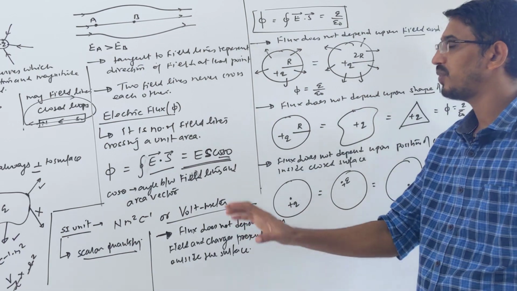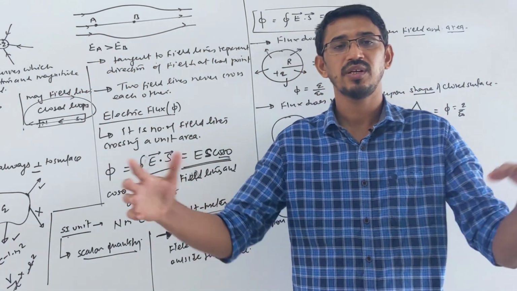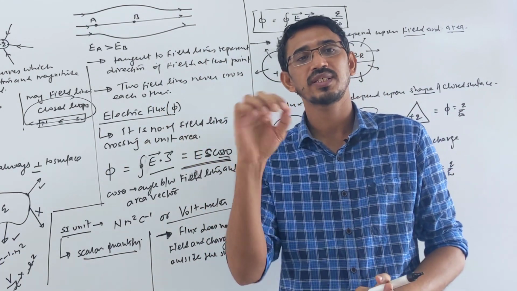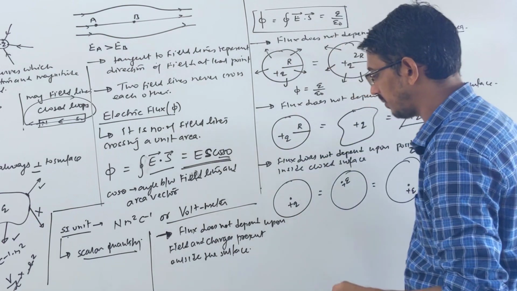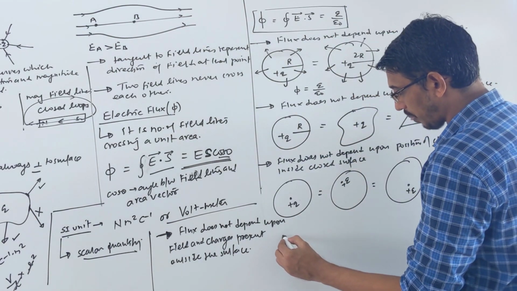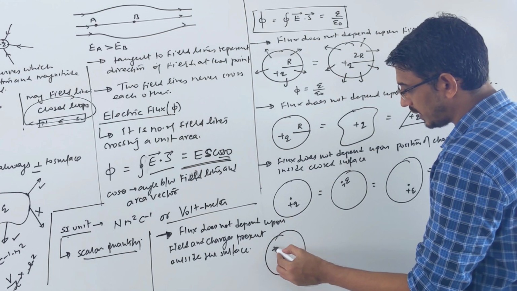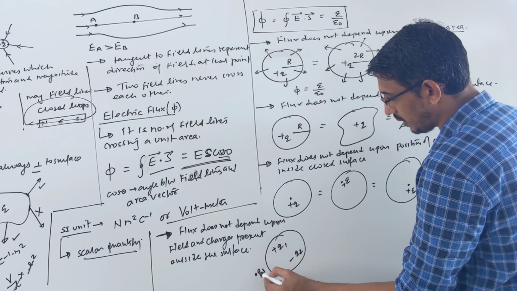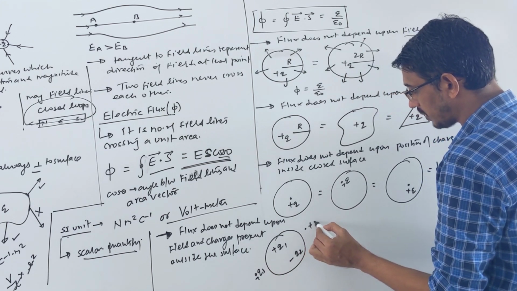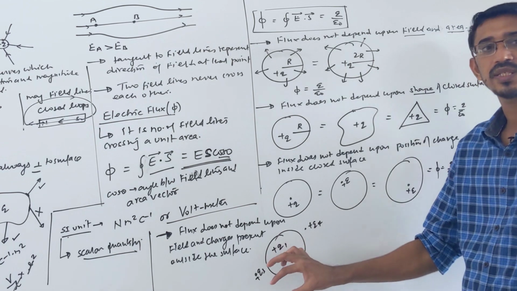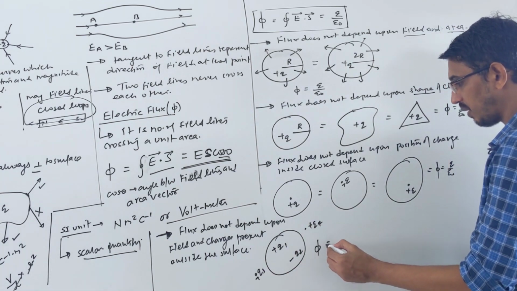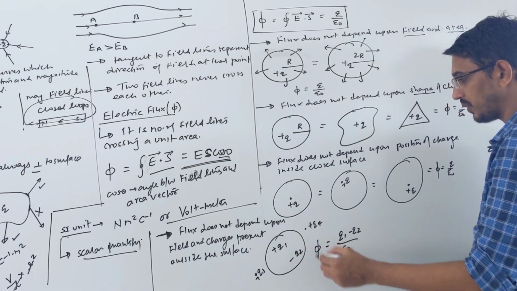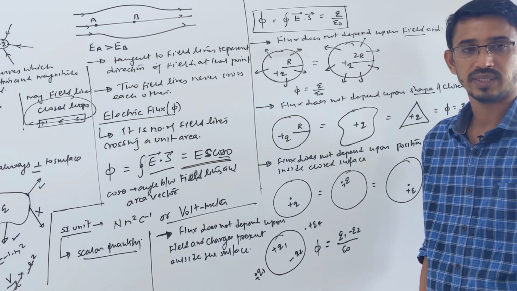Let's see some example. If you have an external field, external charges which are outside that surface, then that will not affect the flux coming or going through that surface. For example, here this is a sphere, inside this you have placed q1 here, and minus q2 here, and outside you have placed q3 here, and plus q4 here. Then somebody asks you what is the flux coming through this surface. The answer will be just q1 minus q2, the net charge inside, divided by epsilon naught only. These two charges will not affect your flux.